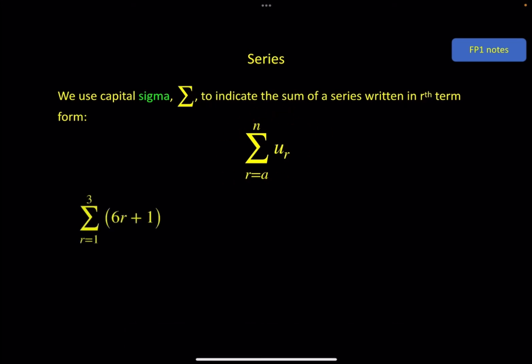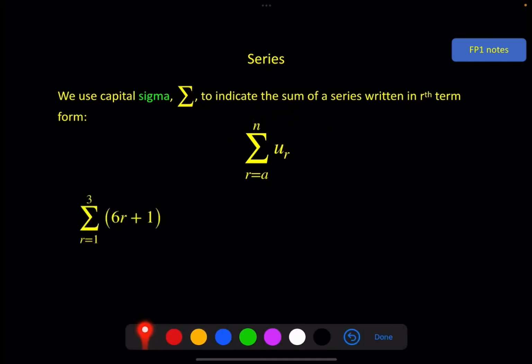A couple of quick examples to emphasize how this works. So this is saying sum, so add together the terms of this sequence, which of course will be a series when we're summing it. Start with the first term, finish with the third term. So I need to know what the terms of this sequence are in order to add them together to get the series. So the first term, where r is 1, we'll put that in,